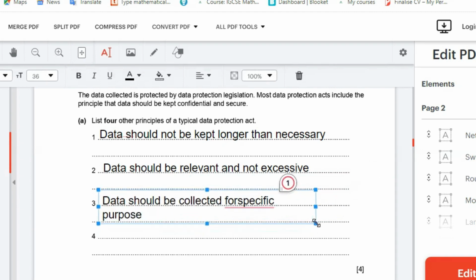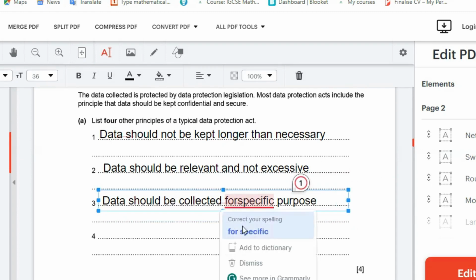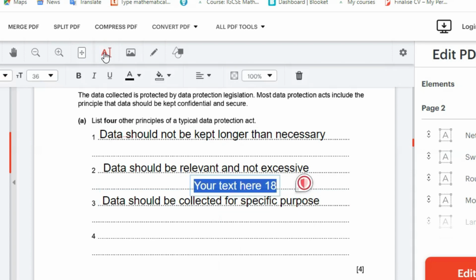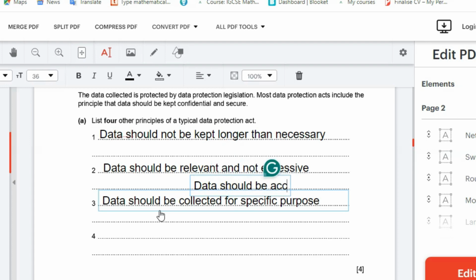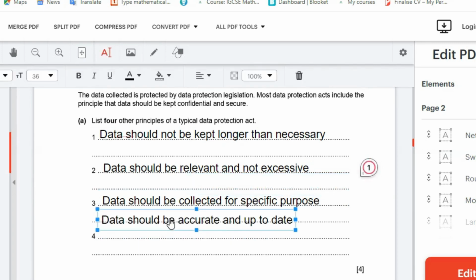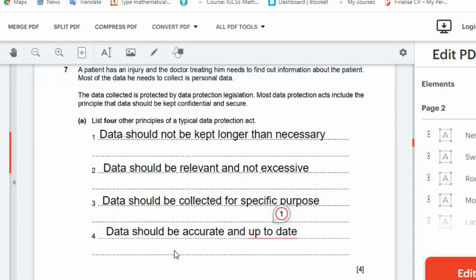Then number 4, which is last but not the least, is what? Yes, data should be accurate and kept up to date. Data should be accurate and up to date. Others include